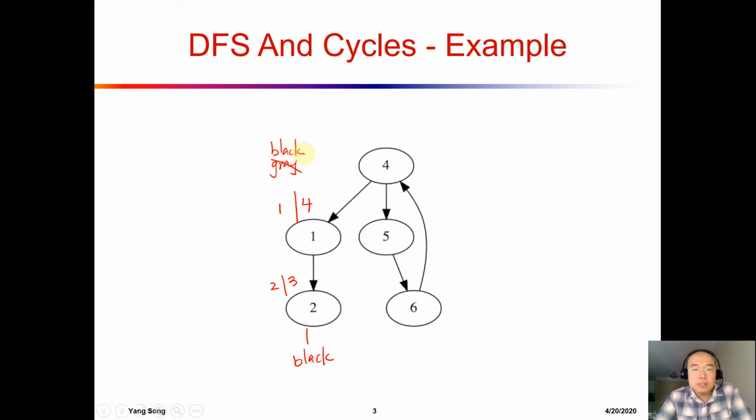Okay, so we just visited the 1 and the 2, and there's no 3, so I want to move on and visit 4. So we start visiting 4 at 5. Okay, so in this case,